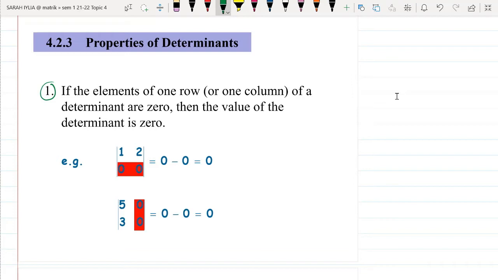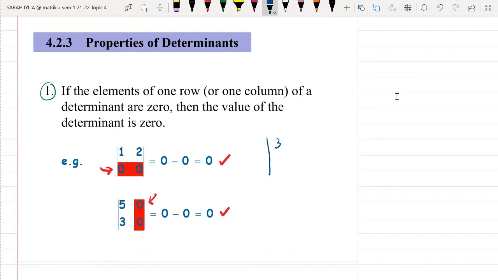For example, here we have 1, 2, 0 and 0. So we have one row, our second row here is 0. Means that the determinant straight away will be 0. Same for the other case, the whole column, second column is 0, all the entries, means that our determinant would still be 0. Kalau saya guna contoh 3x3 matrices pun, let's say saya letak satu matrix yang saya reka sendiri